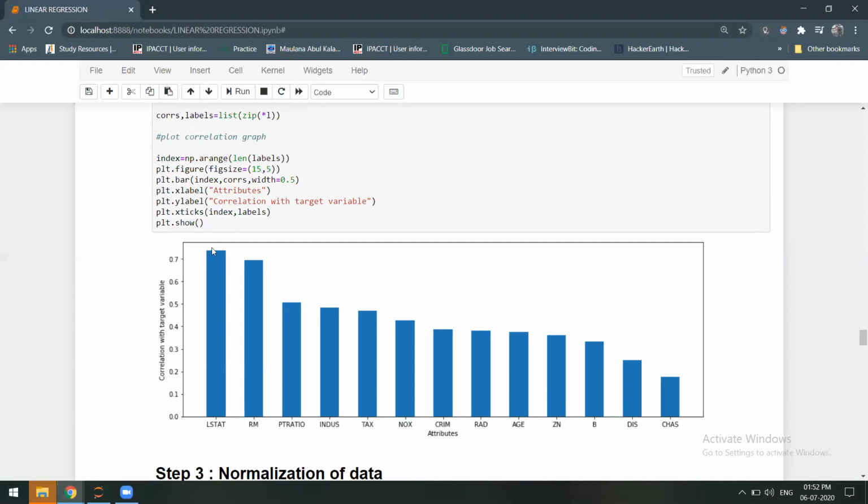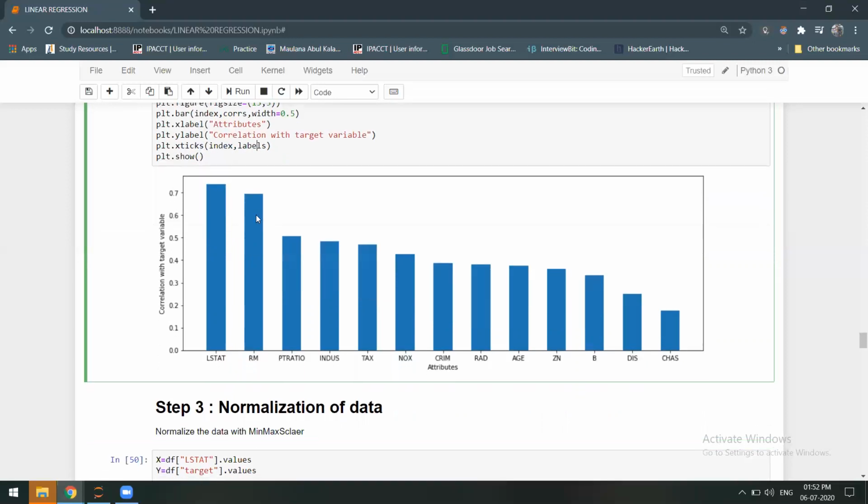The xlabel is attributes, and this is the ylabel. Once we press plt.show, it will show the plot, and as you can see here is the output. We see the highly correlated feature is LSTAT, and the very poorly correlated feature is CHAS.